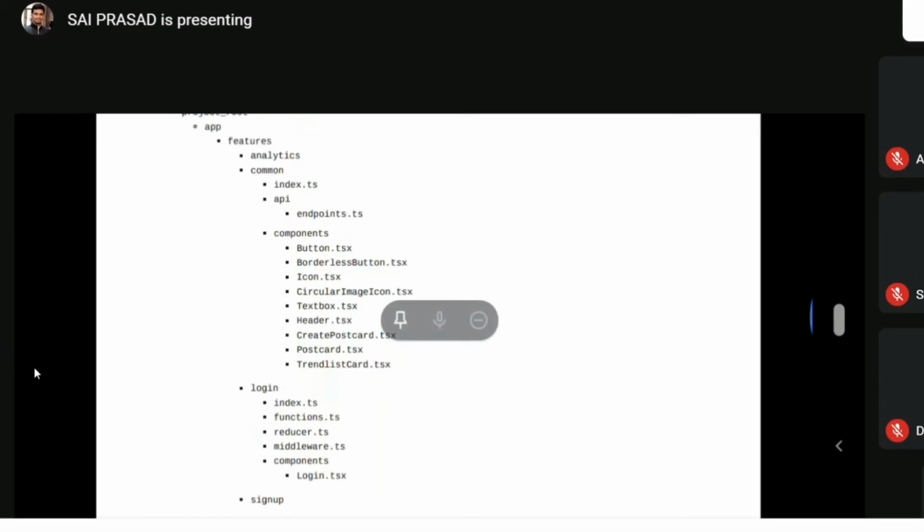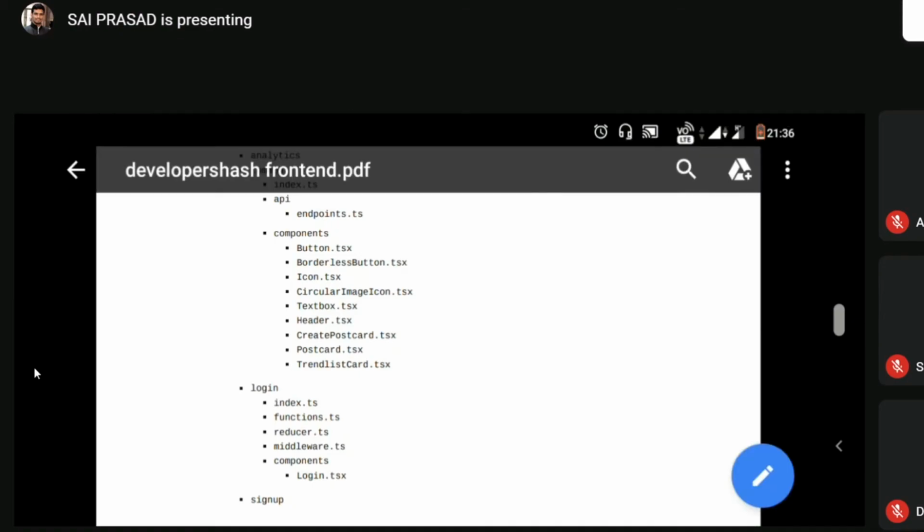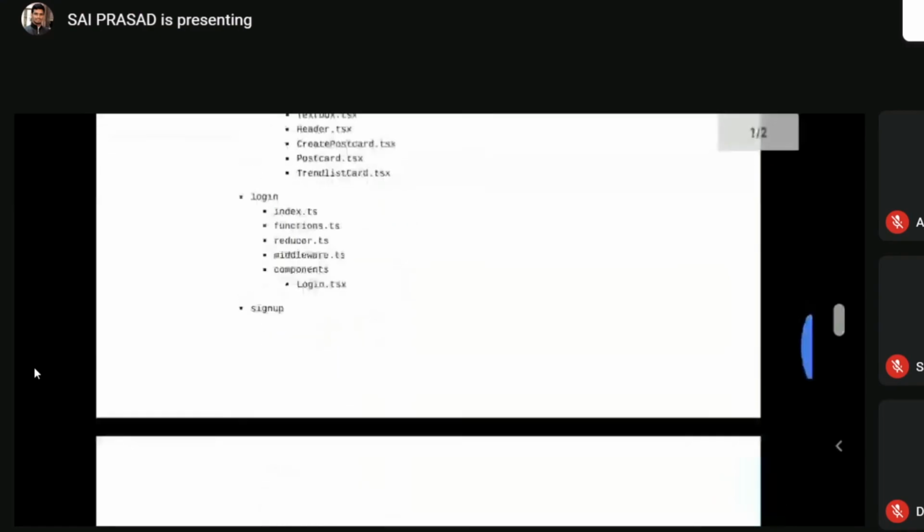That was one part, and we have an API module in the common part only, which defines all the endpoints. Basically, we're working with GraphQL here, so we don't have multiple endpoints. We basically have one endpoint defined, and maybe different mutations and all. I would suggest a structure where we segregate all the functionality. Anyways, we will be using Apollo Client. So the API stuff, integrating with Apollo and all, will be going into that API module, or the endpoints module.